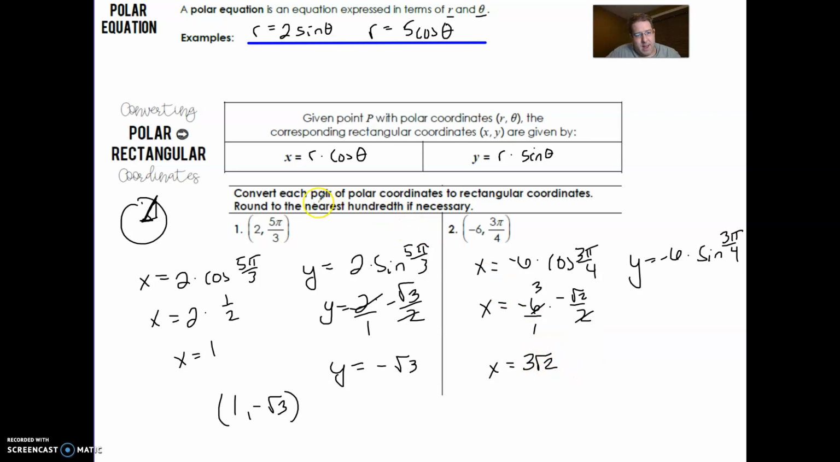I'm going to leave it like that. I know it says to round to the nearest hundredth, but I'm just going to leave it the way it is and be precise. So for this one over here, y equals negative 6 times